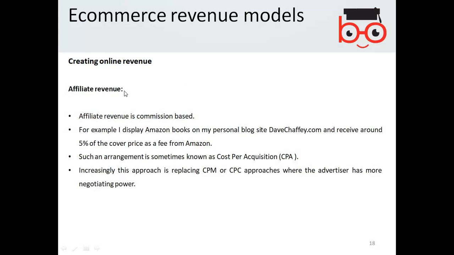Affiliate revenue. The affiliate revenue is commission based again. For example, I display Amazon books on my personal blog site, let's say davechafee.com or any abc.com, and receive around 5% of the cover price as a fee from Amazon.